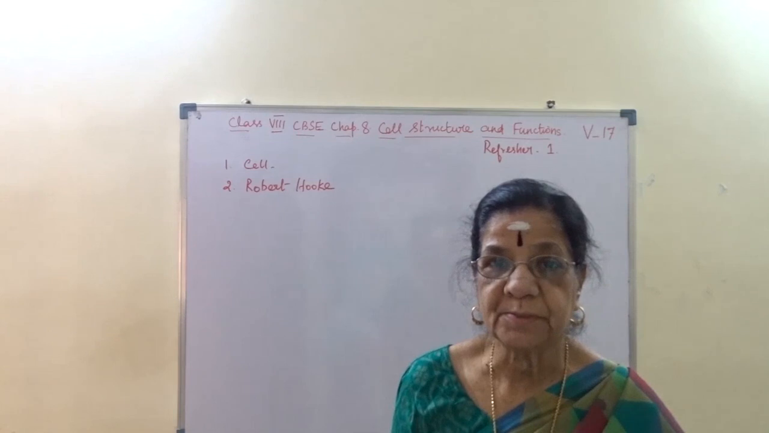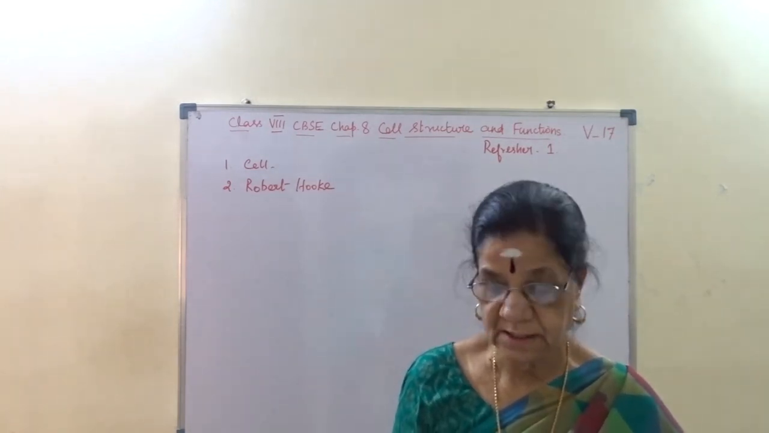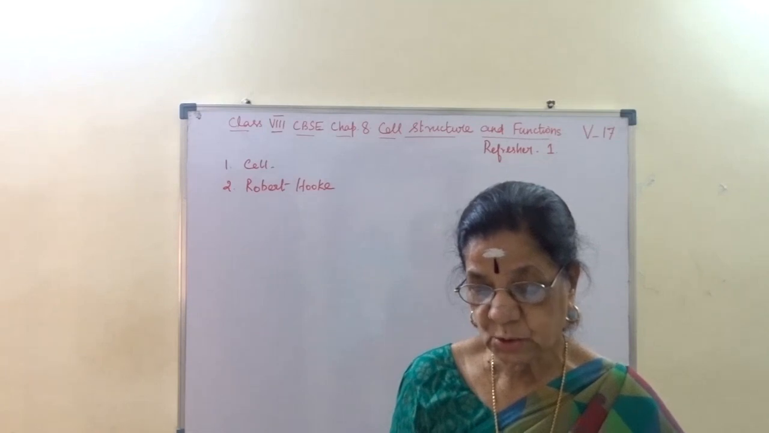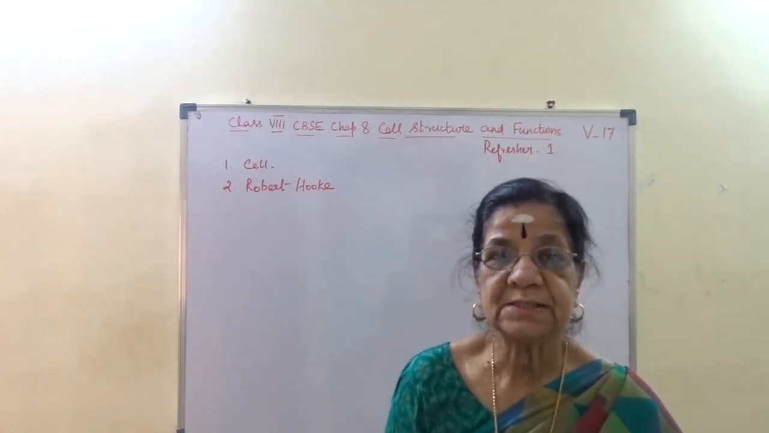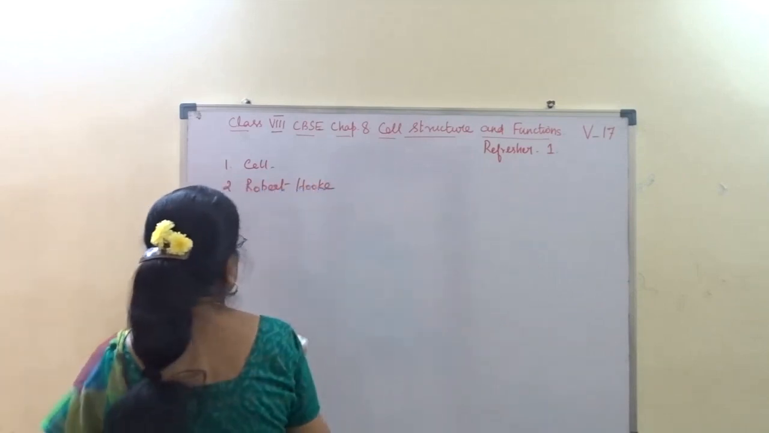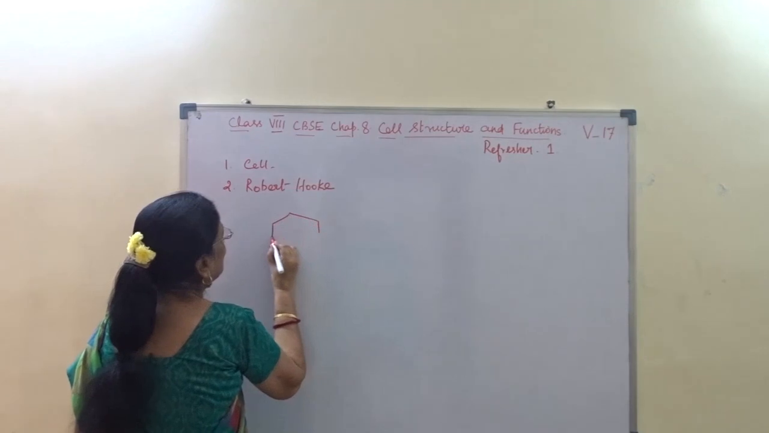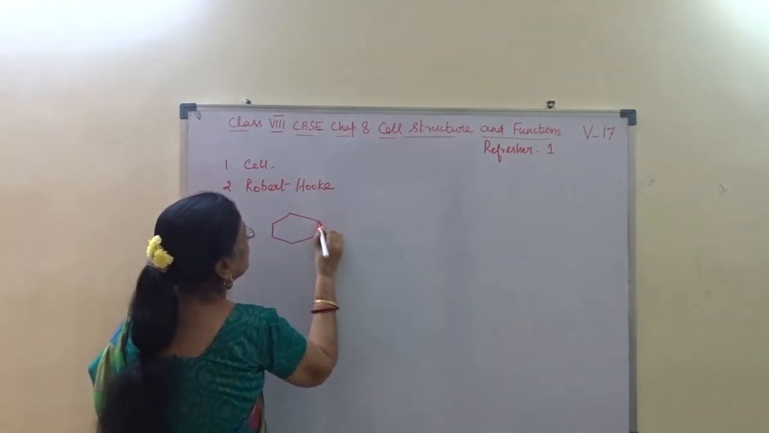Like compartments, these boxes appeared like a honeycomb. And he also noticed that one box is separated from the other. Normally, cells are polygonal or spherical